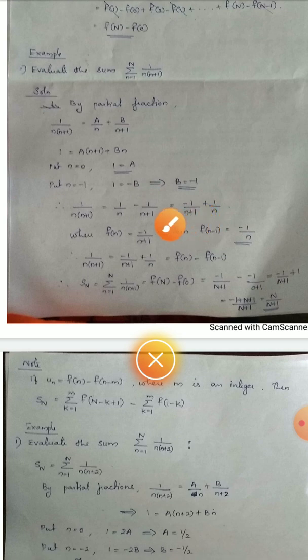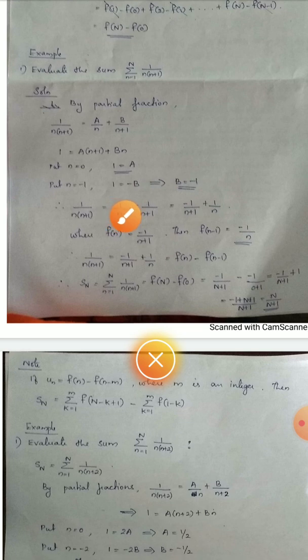The greater term means the greater expression in n. So here n plus 1 is coming, so that term we should write first. After that, the term having n, then you can write the term having n. So minus 1 by n plus 1 plus 1 by n. Where n, put f of n as this term having the greater expression in n, that is n plus 1 is greater than n. So put f of n as that expression. Don't take f of n as 1 by n.